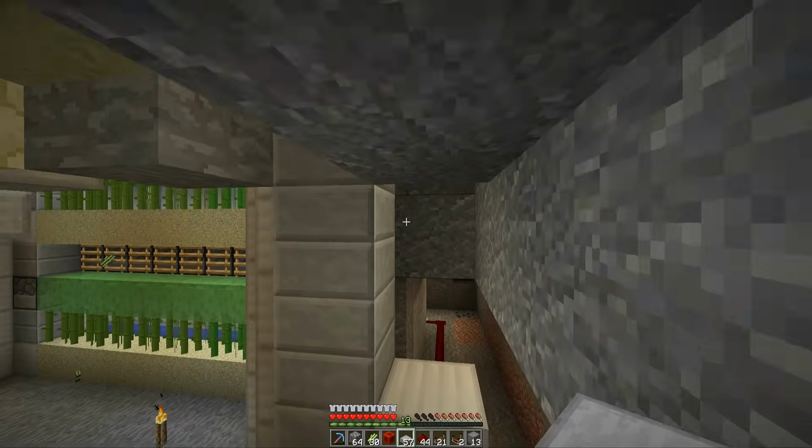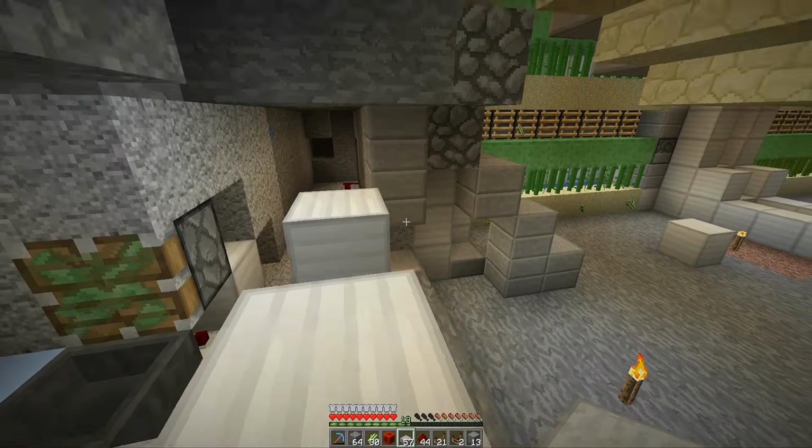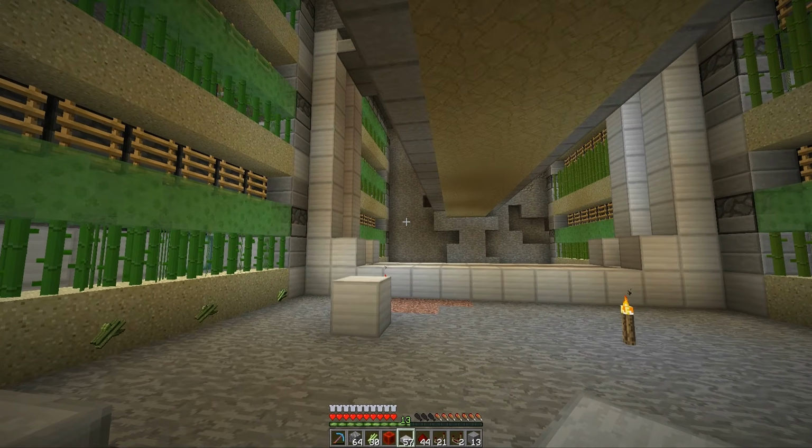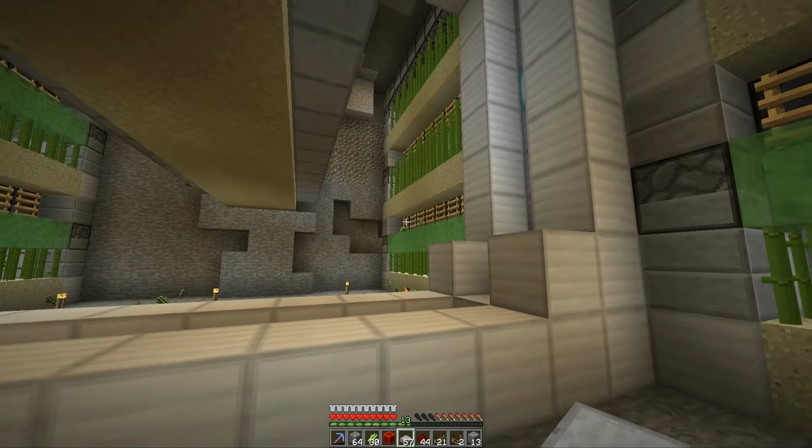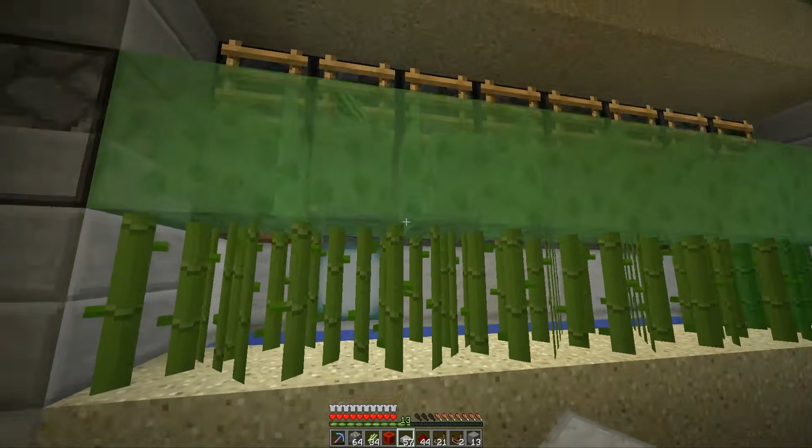This is so upsetting. This has been the most upsetting project so far. Right. Once again, we have got to take out the entire sugarcane farm, pretty much, and I've got to replace the ladders with something else. You know what, I'm just going to use signs. I didn't want to use signs. I thought signs were ugly. But...